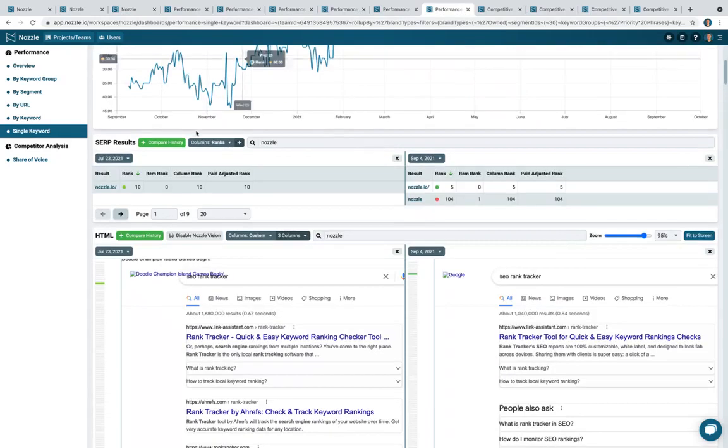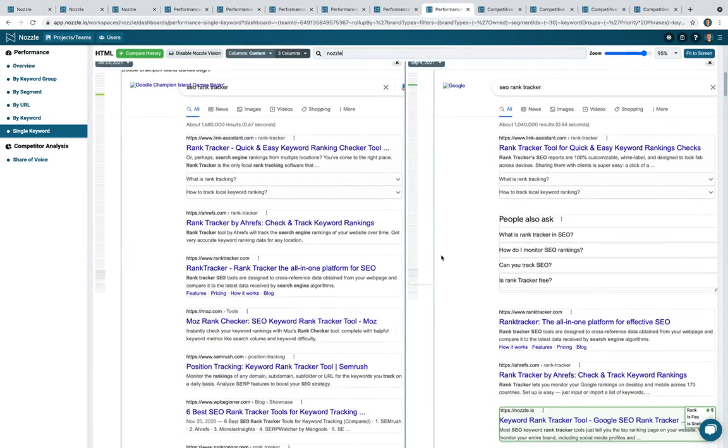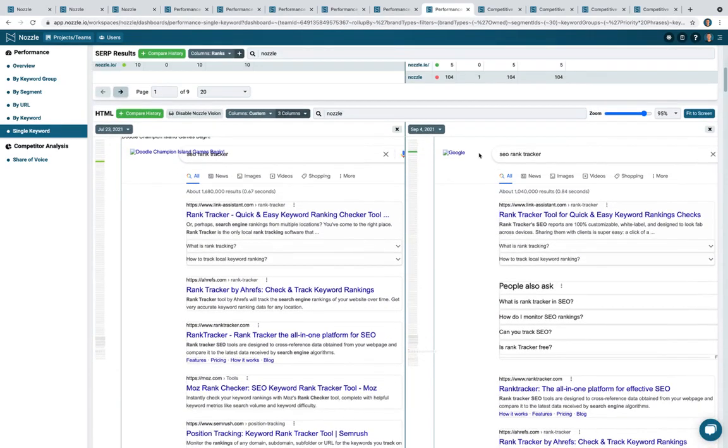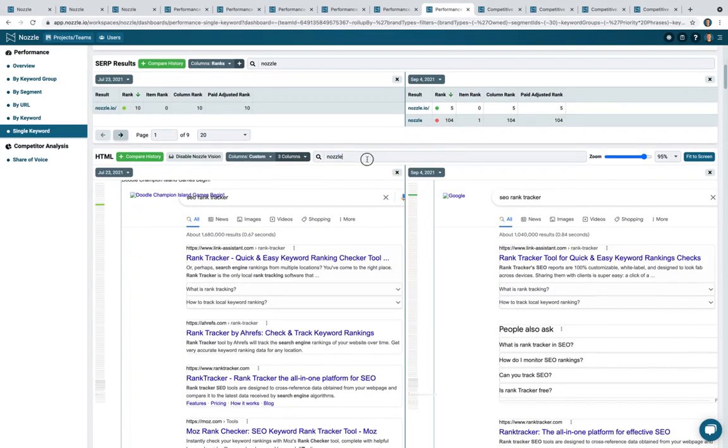Now, this table up above lists everything that is a link down here in the SERP HTML, right? And so when you filter here, it also filters this table up above. So now we're only looking at the Nozzle's ranking. So it's just a quick way to see, okay, we were 10 before, we're number 5 here on this date, and we're also 104, which means we have some sort of knowledge panel because we track the rankings also in column 2. But if I take off this filter,